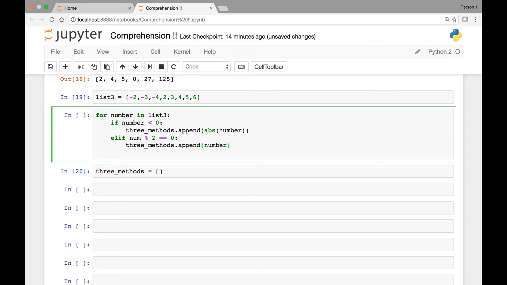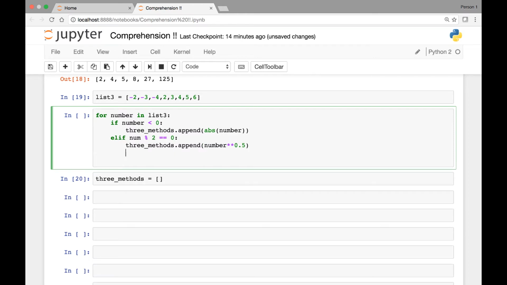So you can say the number to the power of 0.5. Or you could simply import the math module and then use the square root method. You can do that also, but I'll just stick to number to the power of 0.5. Else, we can say